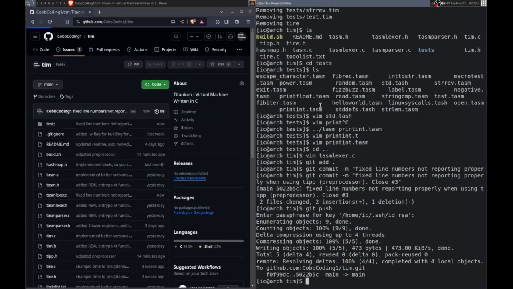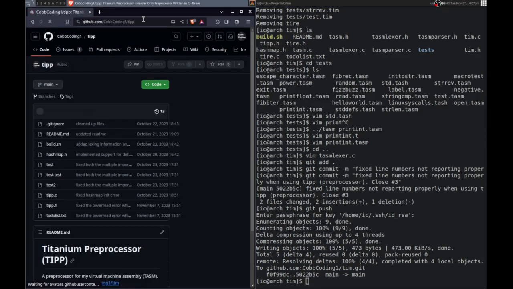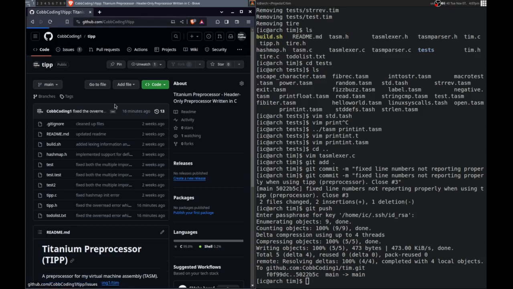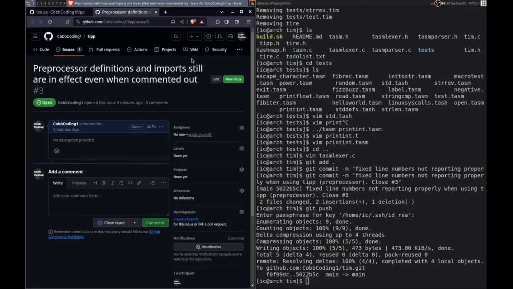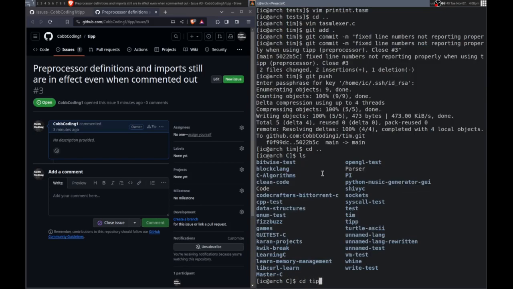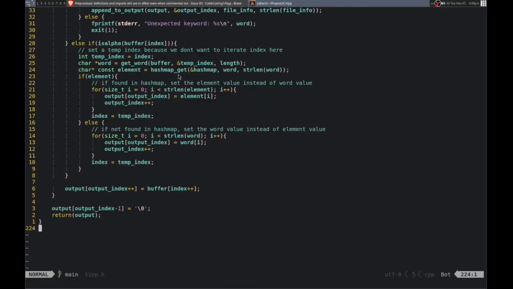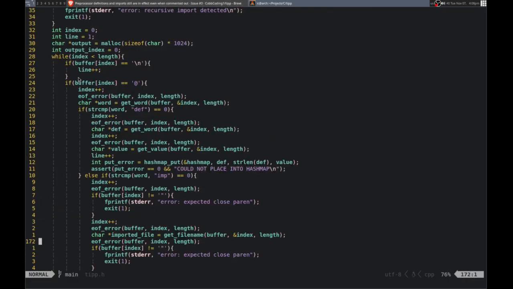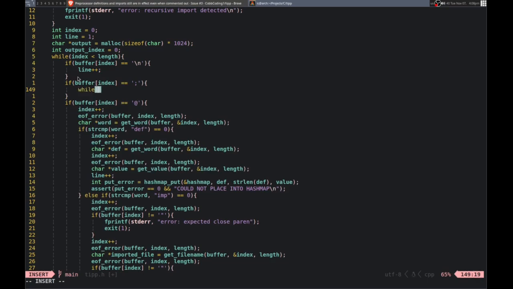So we might be able to look at the tip problem that we're having now. So if I go back into that, right here, titanium preprocessor. So what was the issue? Alright. So yeah, we just basically need to detect if there's a comment and then completely ignore that line. So we can do that pretty easily. Let me go into here and then into .h, and basically if buffer index equals that, then while buffer index does not equal a new line,